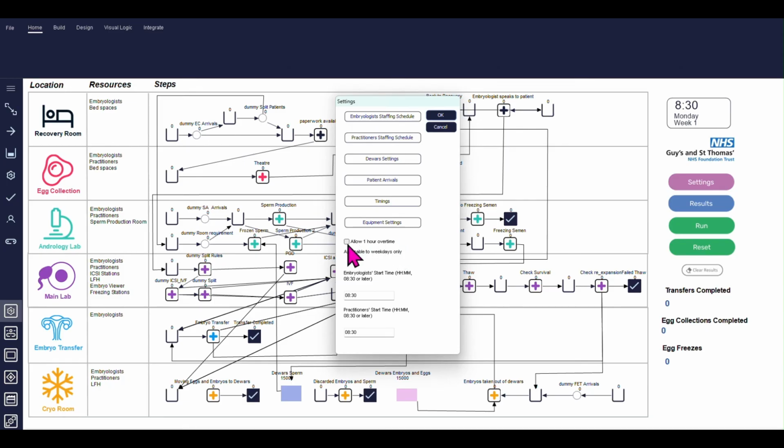So we can check that box. It will be applicable to all weekdays to allow all staff to be available for an extra hour. We can also change the embryologist and practitioner start time to create shifts in the staffing options. If we want to change working patterns, or workloads that we have in the model, we can change